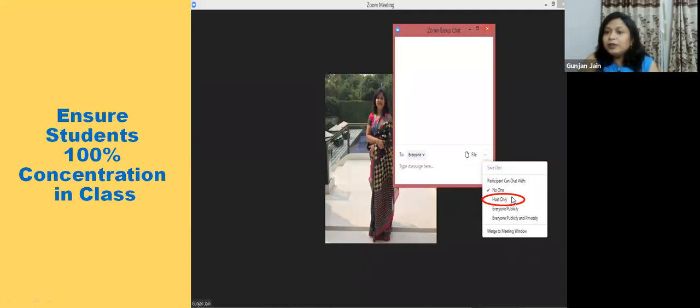Now here you can see we have some other options. Please look at it carefully, everyone. See, first this option is there, everyone publicly and privately. When this option is clicked, what will happen? The students can chat on the personal window of the classmates and also on everyone. So they can even chat privately and they can chat publicly. Okay. But if this is unchecked and this is checked, everyone publicly, then they cannot talk on the personal windows of their classmates. They can talk on either everyone or to you as a host.